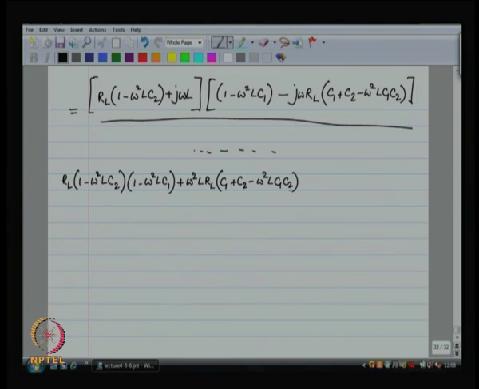So, this is the real part, and the imaginary part of the numerator is something of this fashion. And what we are saying is that when the real part is equal to the imaginary part, then at that particular omega, that is my 3 dB frequency. So, when these two quantities are equal,